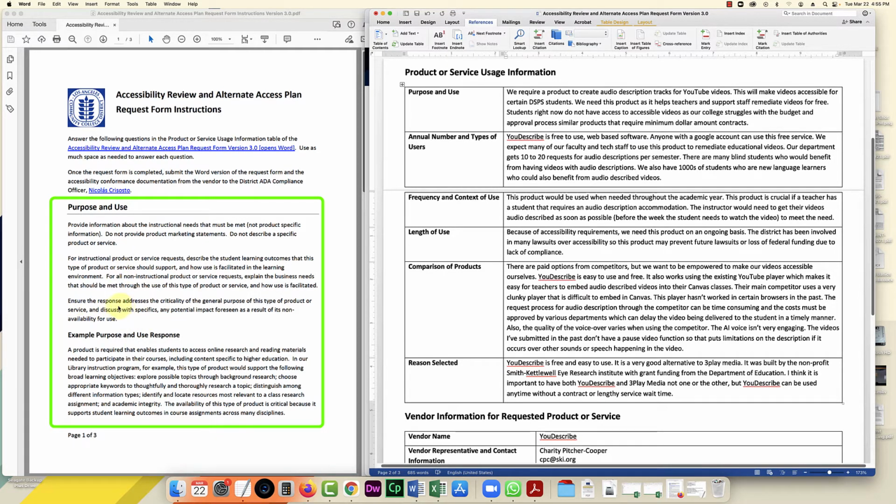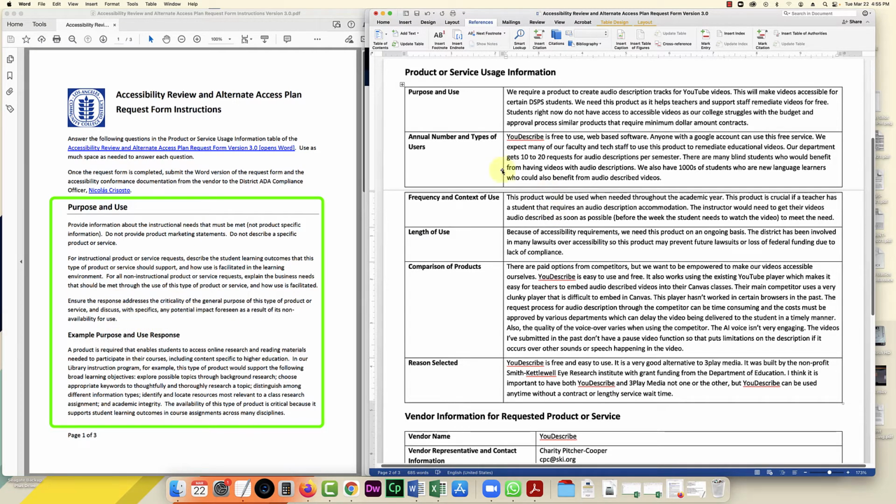You want to ensure the response addresses the criticality of the general purpose of this type of product or service. So basically why it's needed, and needed now, and any potential impact foreseen as a result of non-availability for use.